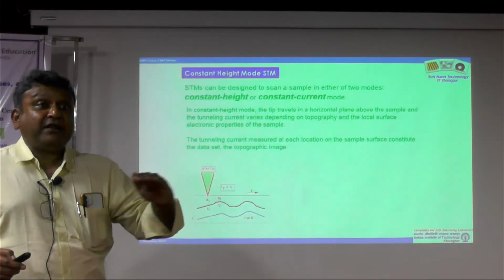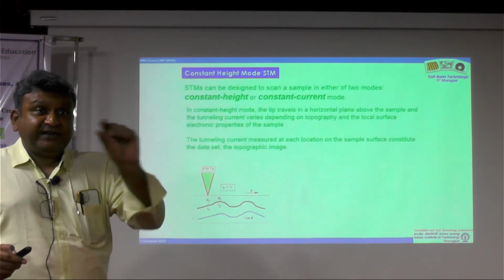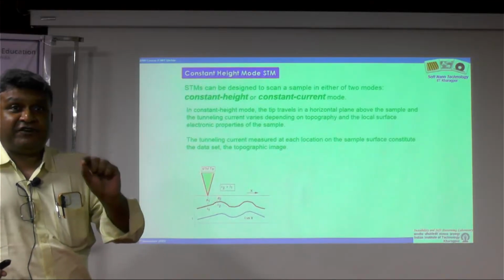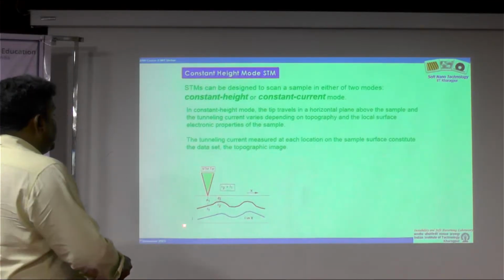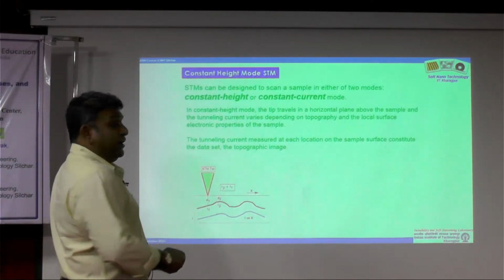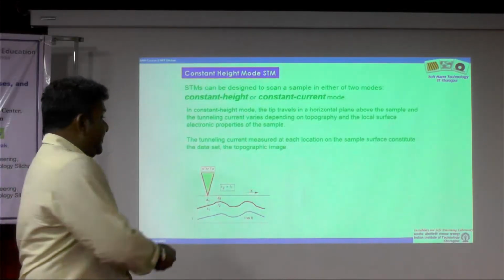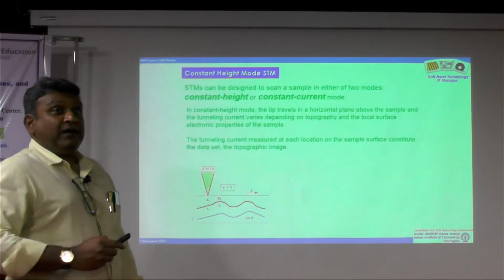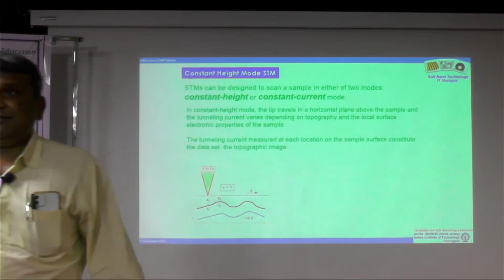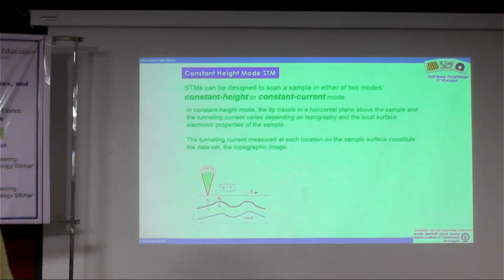And if you now back calculate the distance for which you get that value of tunneling current, you can sort of mathematically recreate the contour of the surface, right? Considering this to be a datum. Well, this is very simple, right? Very simple concept, but in the process, what you have learned is what is known as the constant height mode